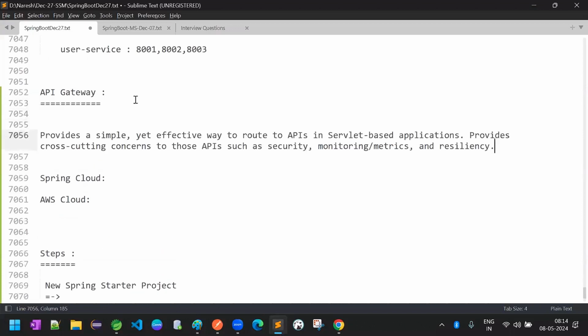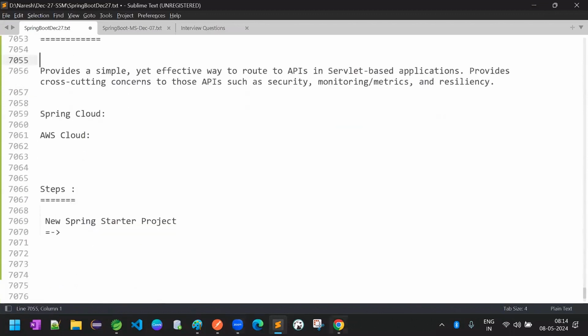given by Spring here. It provides a simple, effective way to route APIs in servlet based applications, and provides cross-cutting concerns to the API such as security, monitoring, and resilience. Okay. So that's what we will apply, security as part of the gateway level. We can take care of monitoring and metrics, everything, by including it at the API gateway level, and resilience is all about stability, all these things. Okay. So now my point here is,